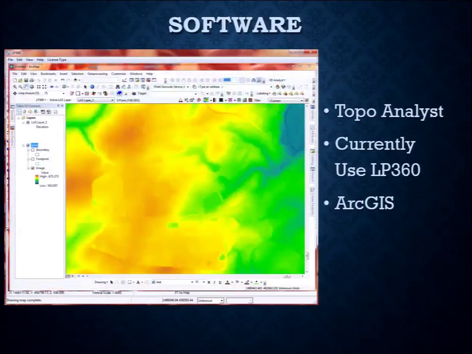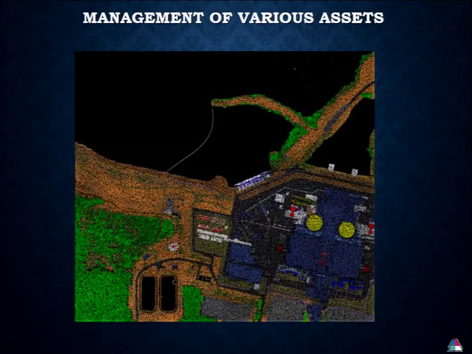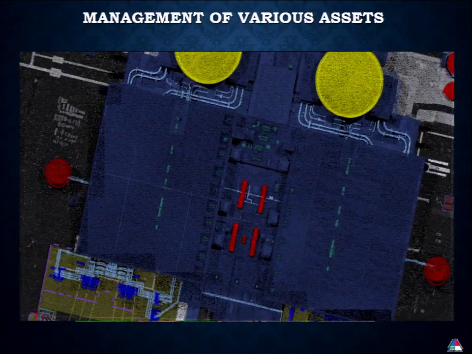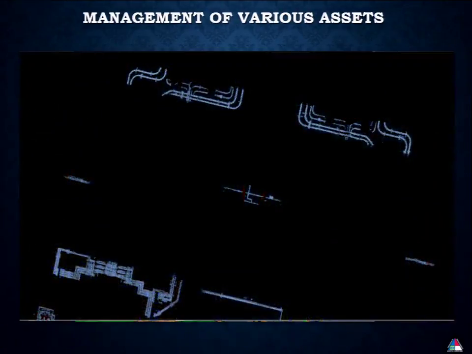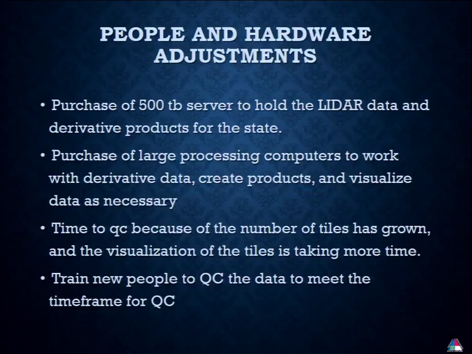So we're cutting profiles in LP360. We have terrain data sets that are also available with the data. And then a little bit of detail here, just what can be classed, the information that you can see. You can pull out those pipes between the buildings. Here's your utilities. So the biggest adjustments, and this is my last thing, I know I'm over, Jeff, I'm sorry,